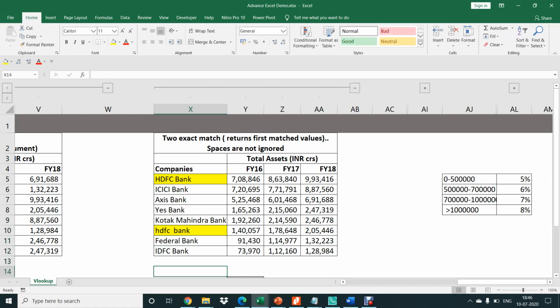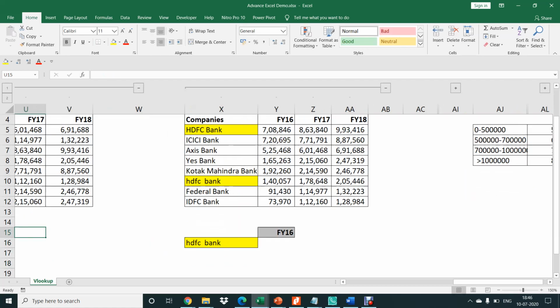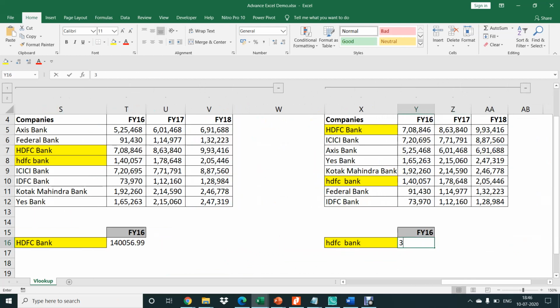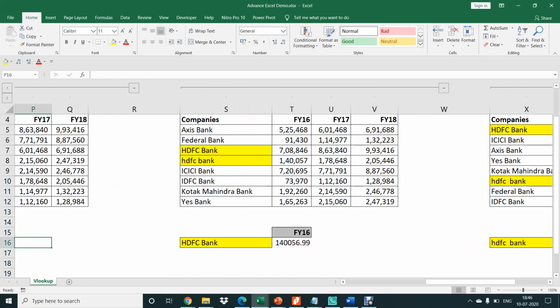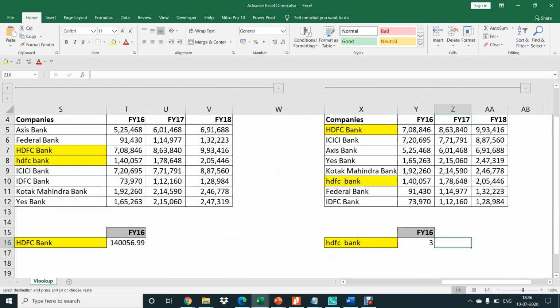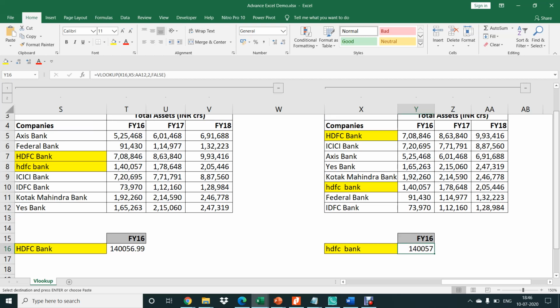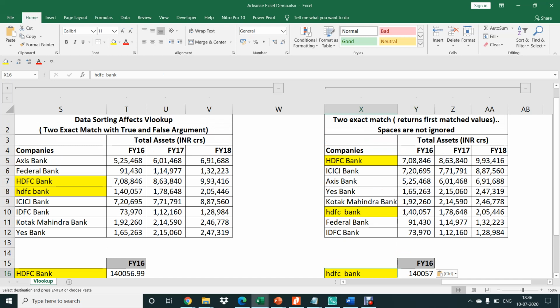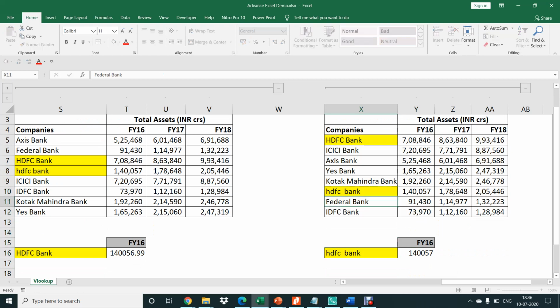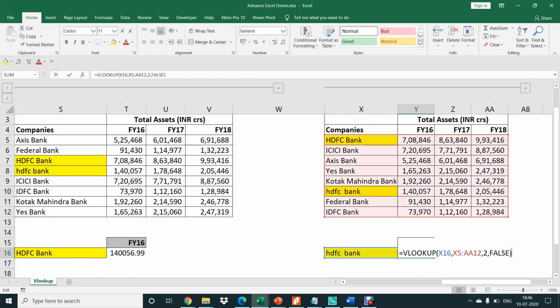So when you have a space in between and you use a VLOOKUP with the FALSE option, it considers the space as a separate value and pulls out the values related to that space character. Here there are two spaces, and hence it is pulling out exactly the second value.